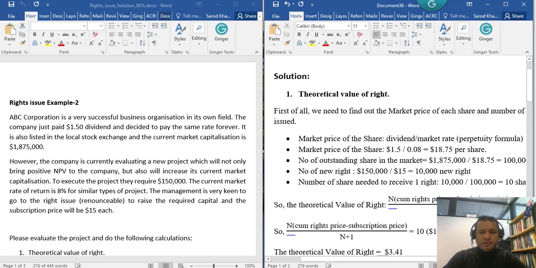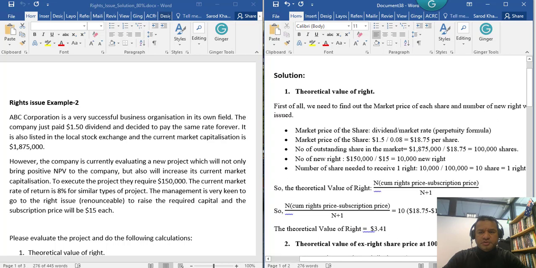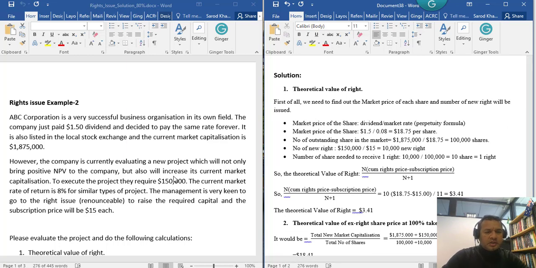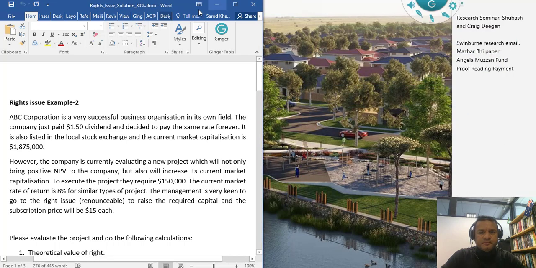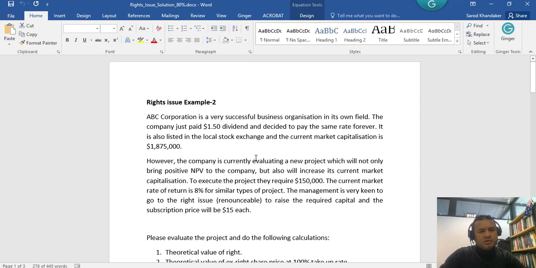Now on the screen, if you can see, there are two questions, the question and the solution I have already included. Now let's look into the question first. This is the rights issue example. Example number 2. ABC Corporation is a very successful business organization in its own field. The company just paid a $1.50 dividend and decided to pay the same rate forever. It is also listed in the local stock exchange and the current market capitalization is